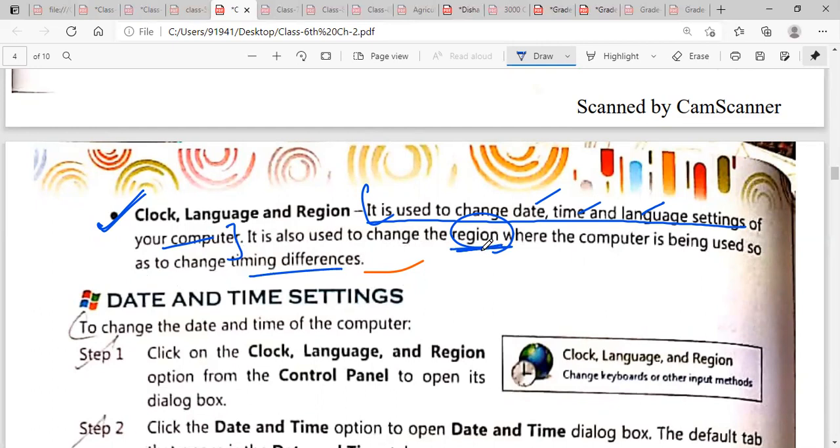You have to choose your location. Okay, you have to put your location or your region, or in which country you are living. You have to do these kinds of settings, so that according to your region settings, clock settings will be set, because in other countries, the timing of those countries doesn't match with our country.